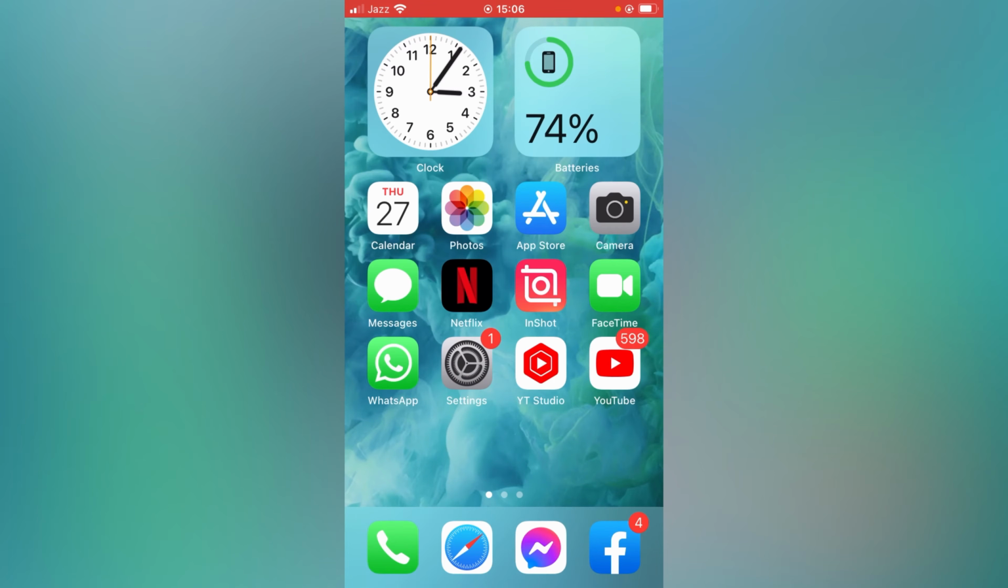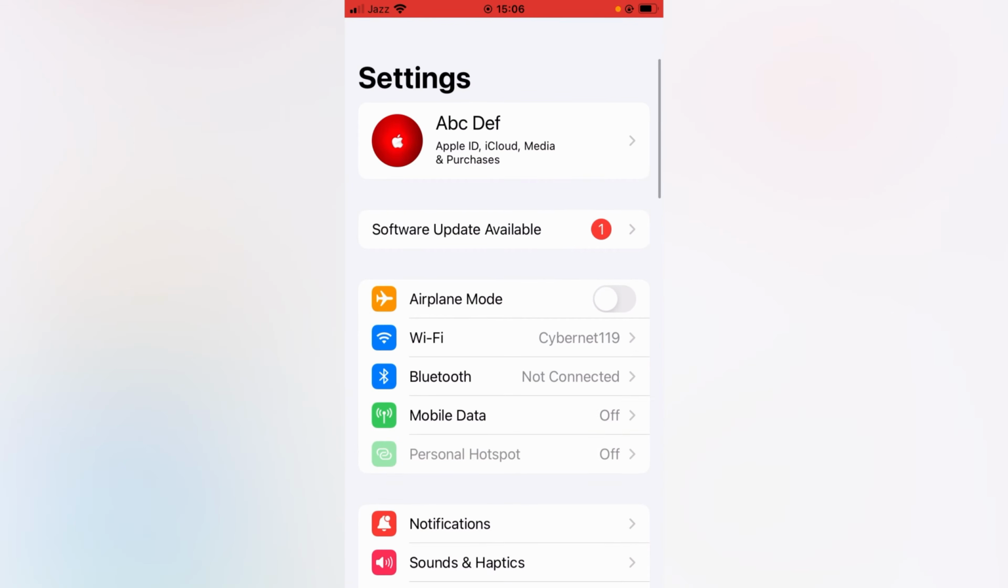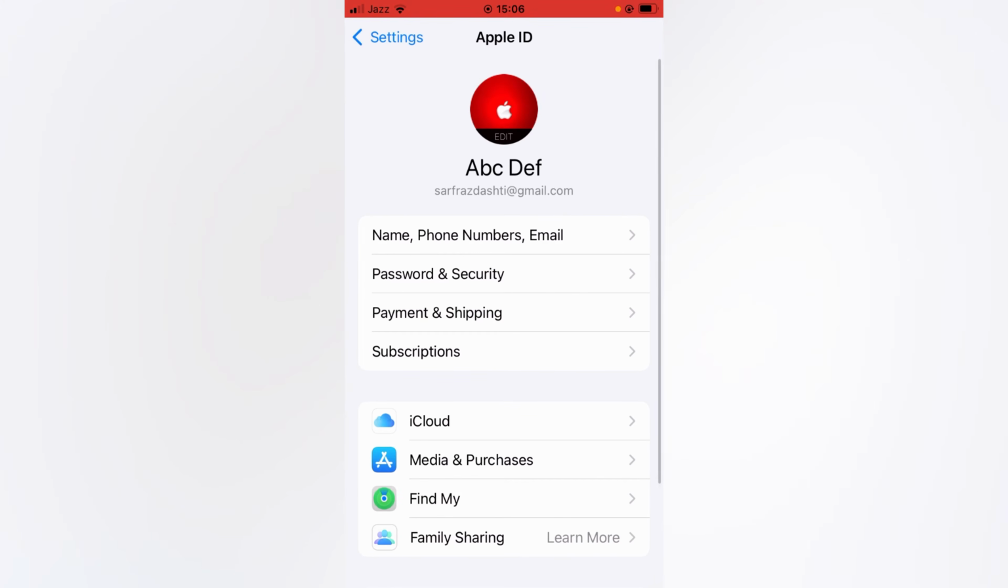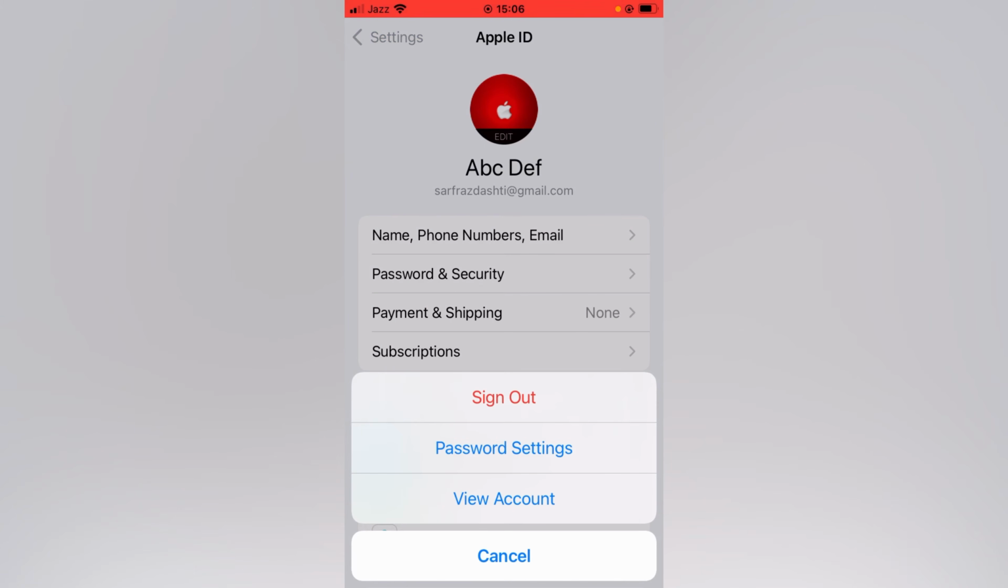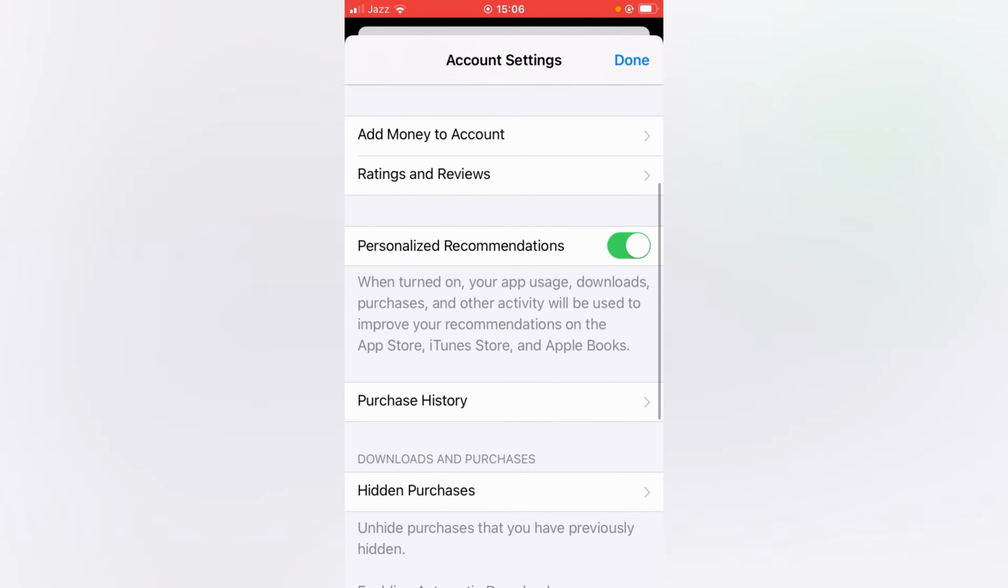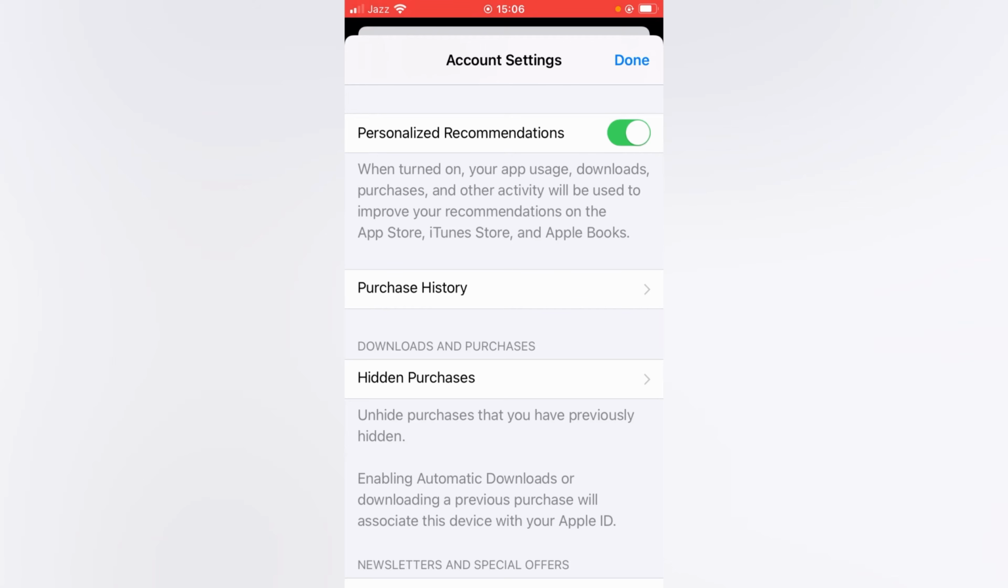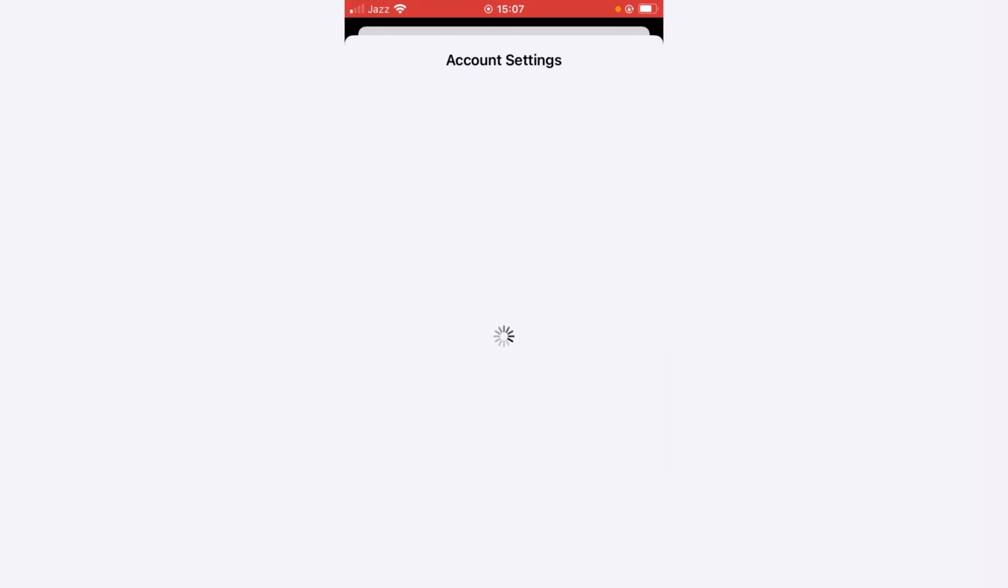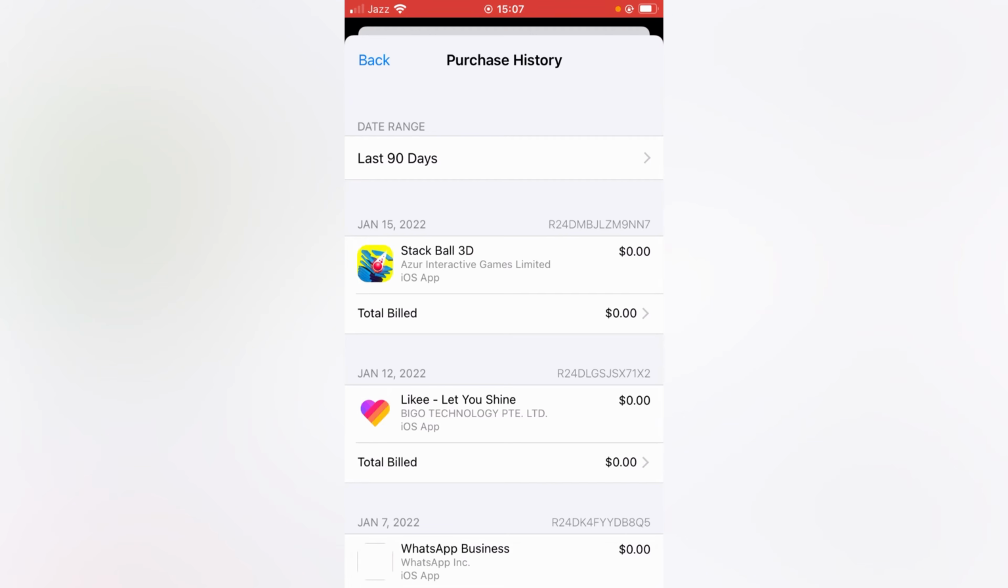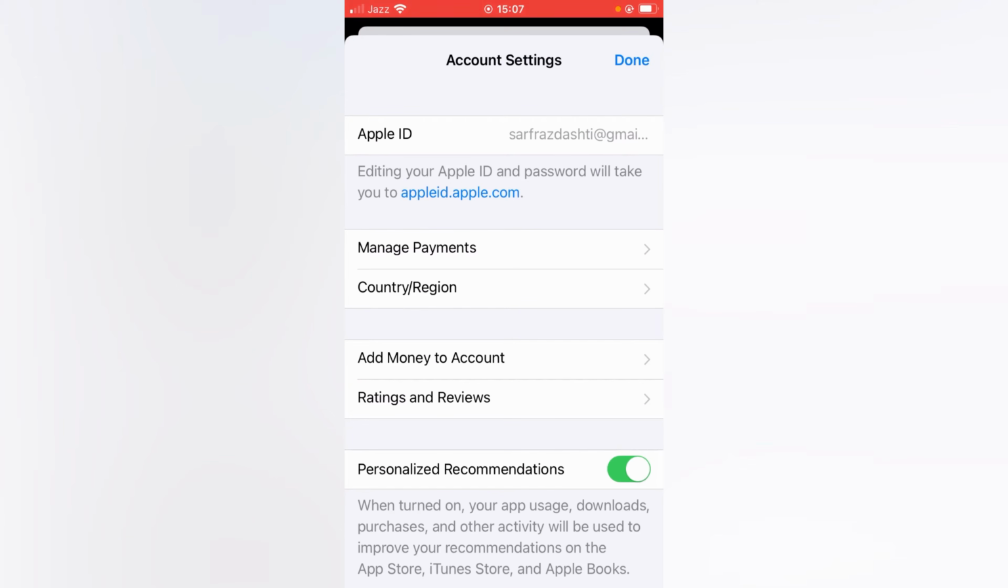For that, again open up the settings app on your device and then tap on your Apple ID profile again, and now tap on media and purchases, and now tap on view account, and now scroll down and tap on purchase history. And from here you have to make sure that you don't have any unpaid subscription. If you have, please remove them or pay for them, and then go back and tap on manage payments,